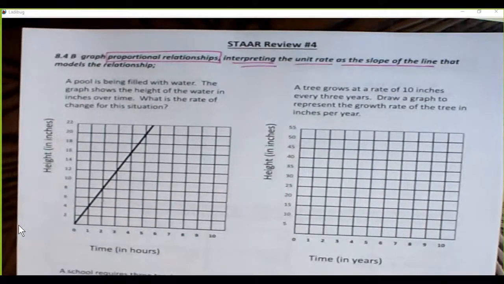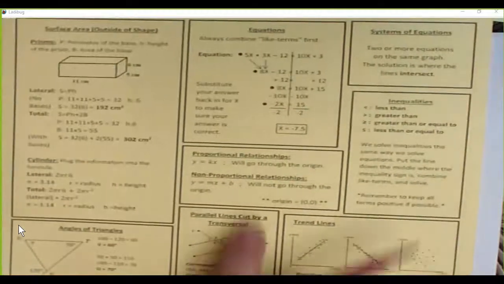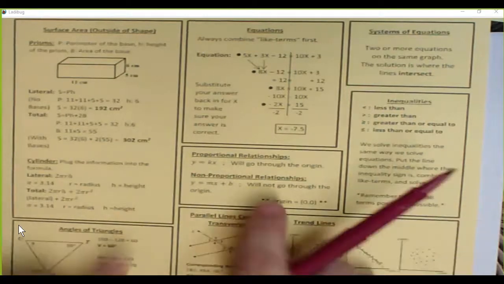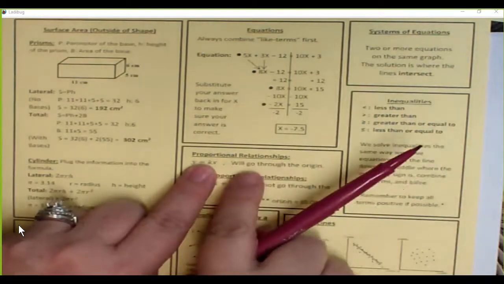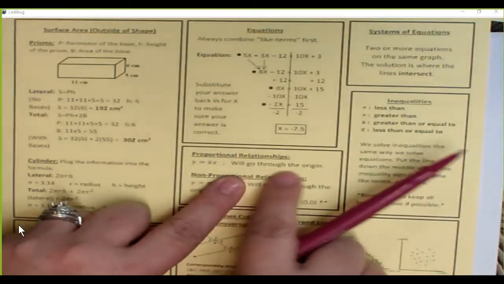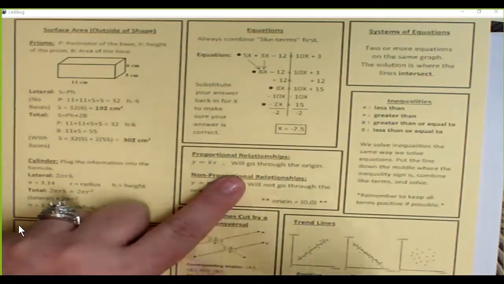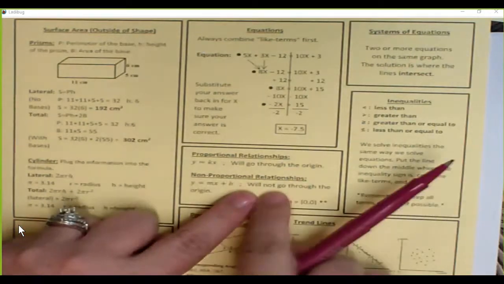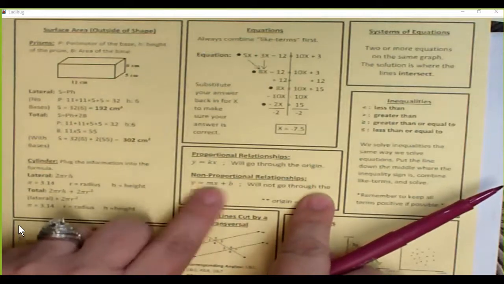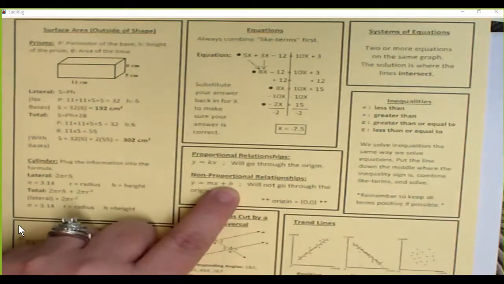Okay? So I want everybody to take out their STAAR study guide. See if you can find information about proportional relationships. You found it? All right, dead center, you're right. So today we're just talking about the proportional relationships, and what do we know about proportional relationships? They go through the origin. But just to review, what do we also know about non-proportional? They don't go through the origin. That's where the y equals mx plus b comes in when we have that y-intercept that is not the origin,